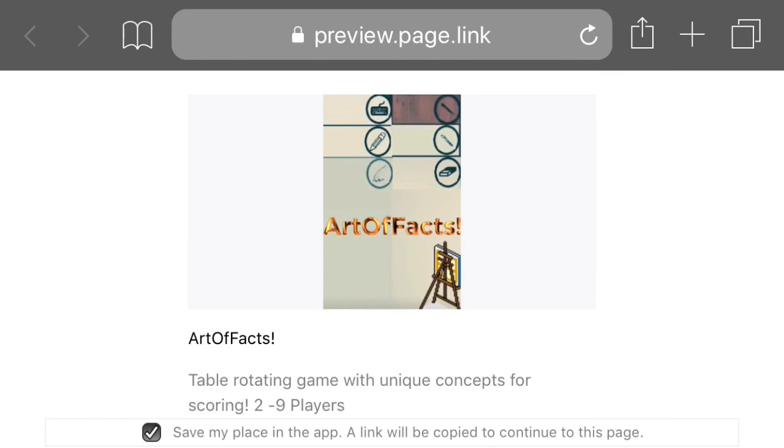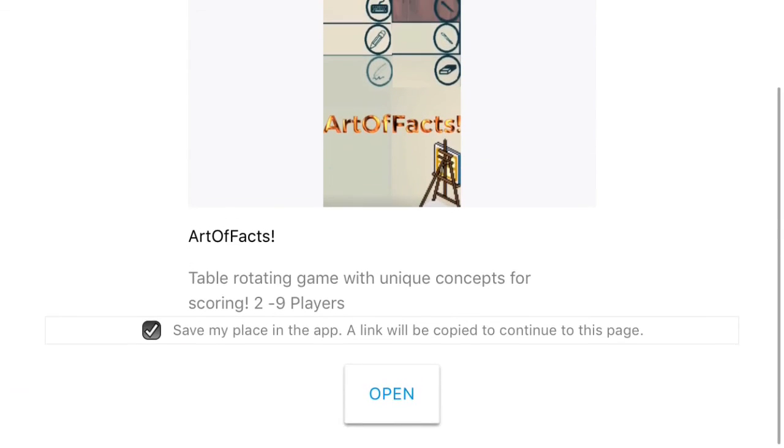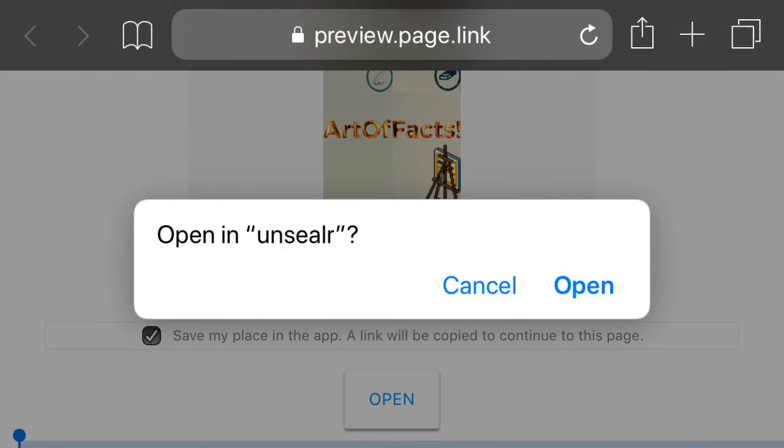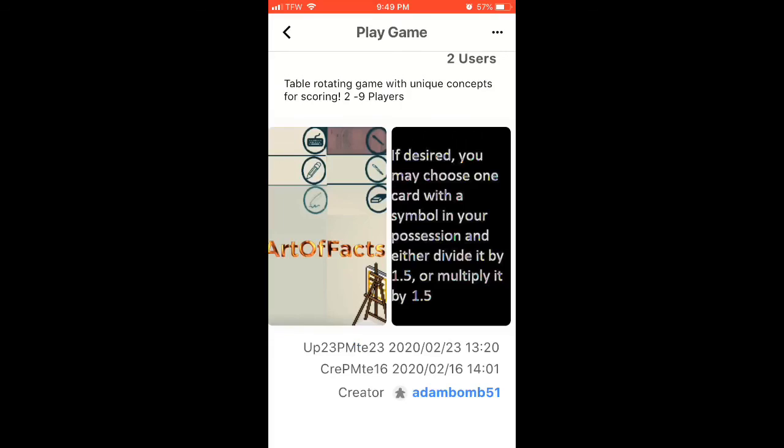You type in the link here to go to my card game, you press go, and then it's going to ask you to open up the UNSEALR app. You can get that on Google Play or on Apple. Click open, and then it takes it right to the app. My game playable online is all thanks to the app